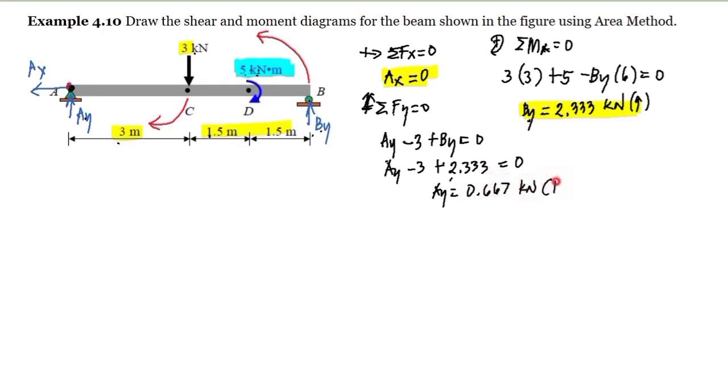And since positive siya, that is directed upwards. So, to counter-check, if we are going to add the 0.667 and the 2.33, that is equal to 3 kilonewton na load. Okay? So, since kompleto na itong mga reactions natin, then we can now start with our shear and